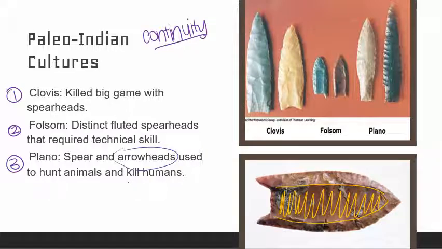We're also going to start to see them being used, though, to kill humans. And even though this is a really sad thing, because killing people is kind of inherently sad, right? It also indicates a progression of sorts because it shows us that now people are living in these societies, and those societies are maybe organized enough to where either we're killing people because we have vendettas against them, or maybe we're killing them because they're breaking the law or something like that.